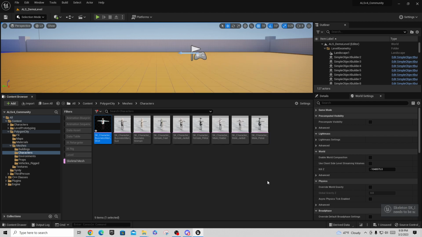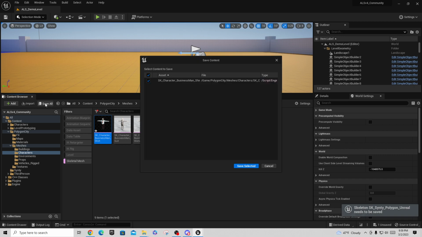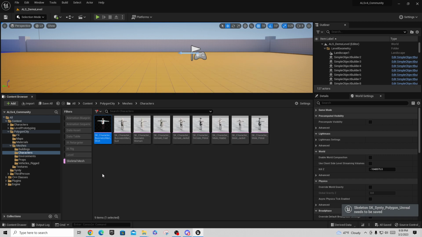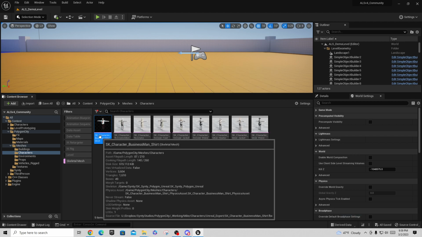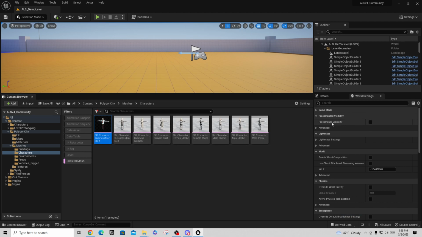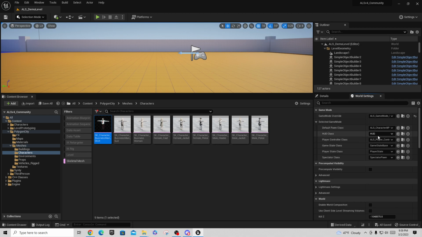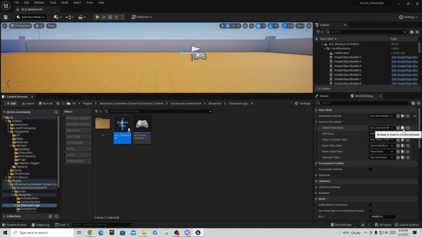You should just be able to say accept, save all, save selected, and now this Synty character businessman shirt will also be available as a character that you can use. So if I go down here to game mode, select a game mode, and go to my character, now remember, character businessman shirt. So I go here,